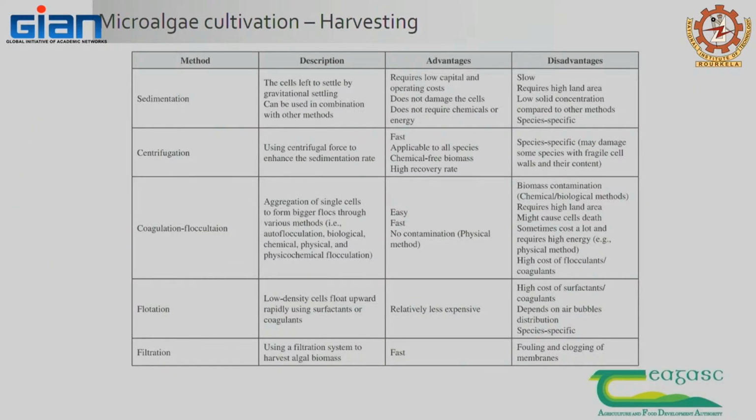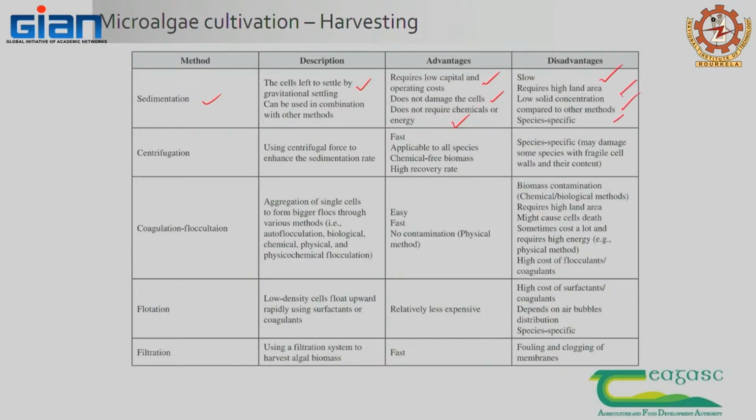Now, these are some of the advantages and disadvantages of harvesting methods. Sedimentation: cells are left to settle on their own, because when they grow big, they settle at the bottom. Low capital, does not damage cells, does not require chemicals. And then